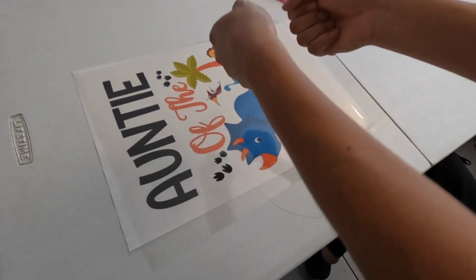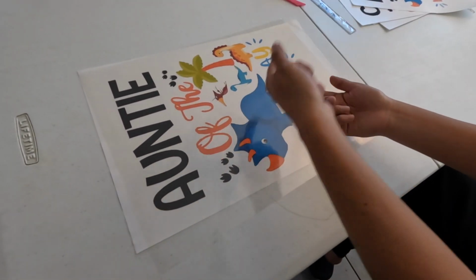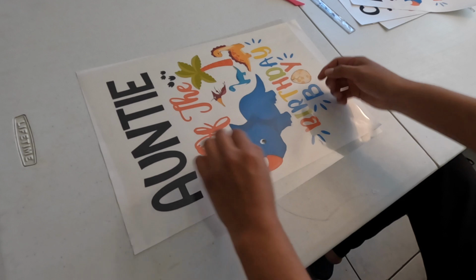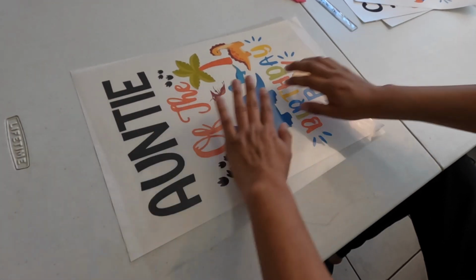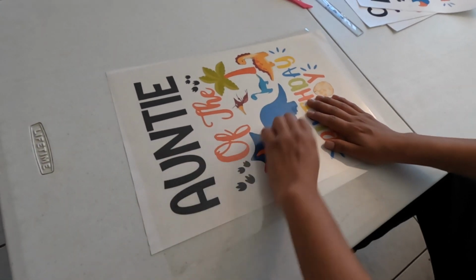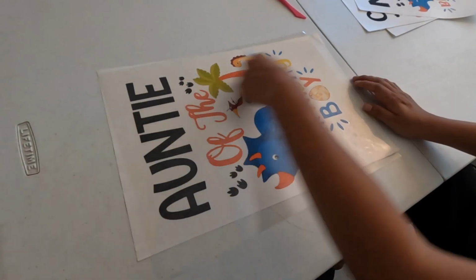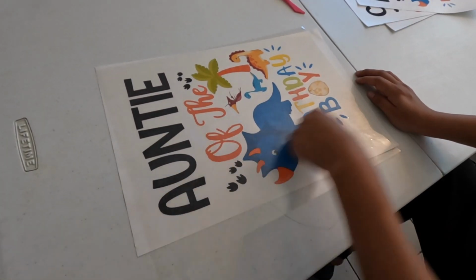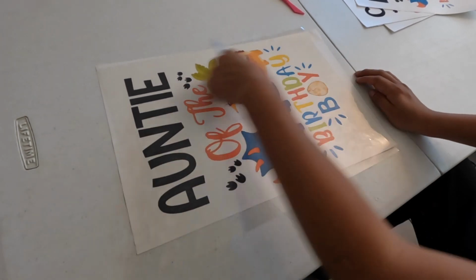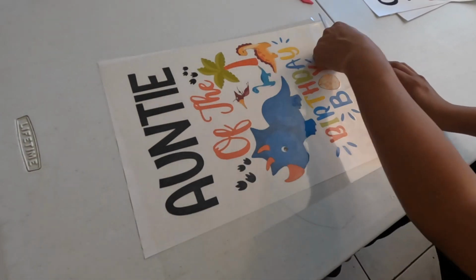So right here I'm showing you guys not to do that. I want to do the voiceover because I think it helps me to explain everything, and it helps me get the video and information out to you guys sooner. So yeah, there I lay it down flat, and I'm just gonna use this ruler as like a squeegee basically. So making sure everything is laid down flat,